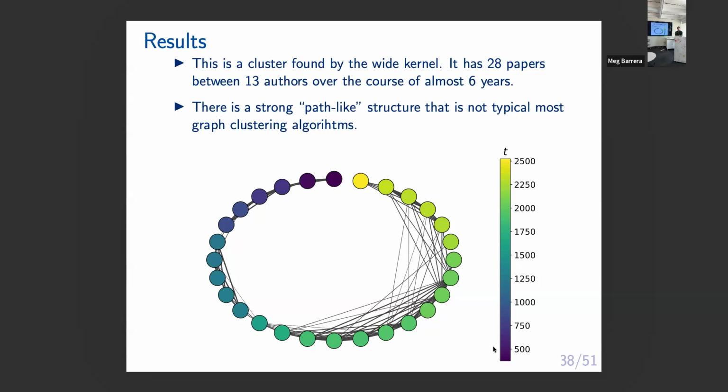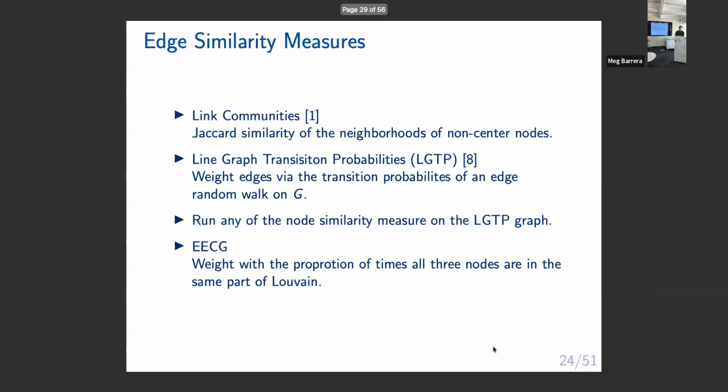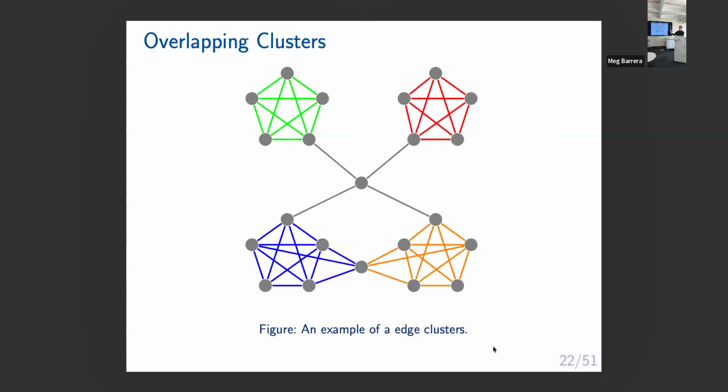I think there's definitely room for a generic similarity option, like when you're just clustering a graph and you say you want dense subgraphs. I think there's hope for a generic option that works fairly well.